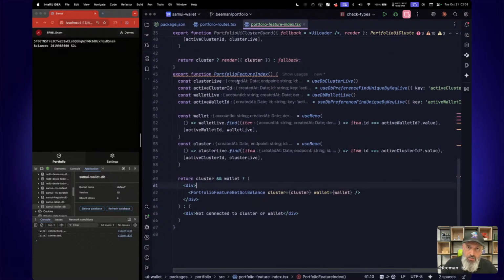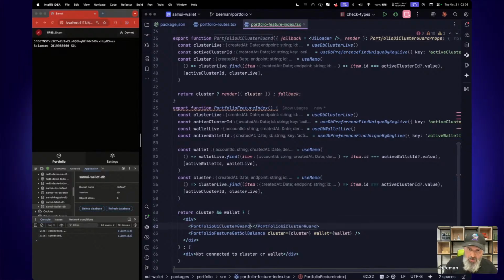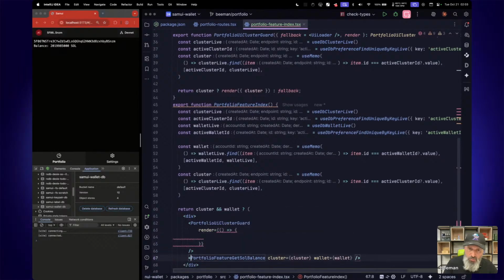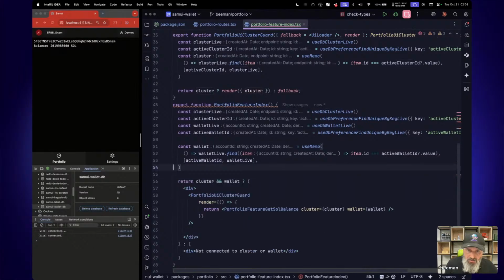Great. So I'm going to use this thing right here. And it's a self-closing component. We take render, and render is a function that returns a component. So we're going to say, okay, now you're going to return this component. And then instead of getting cluster from here, where it's right now, I can actually delete this,